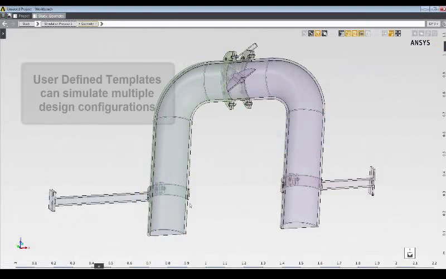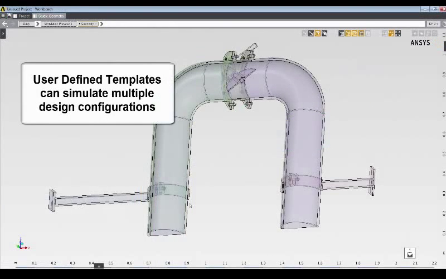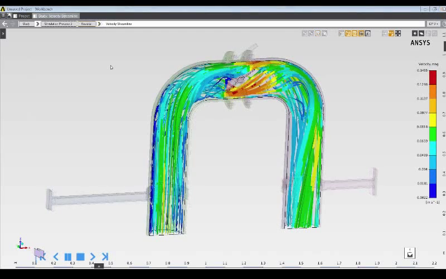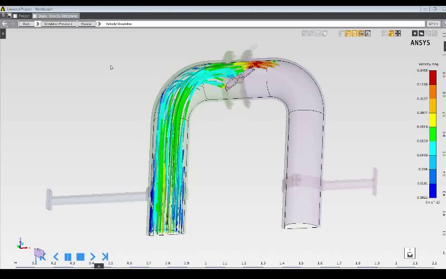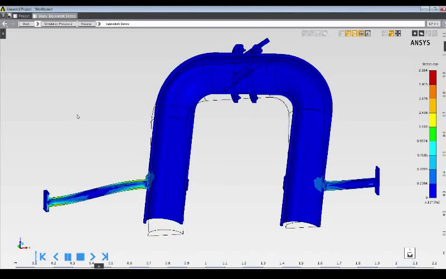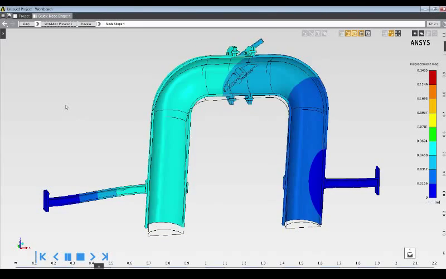The user-defined template can be used to simulate any number of similar design configurations. Here's an example of a different configuration of the piping assembly. Shown here are the flow results for the new design, generated by the user-defined template. Shown here are the deflection and stress results generated by the template. And finally, the first one